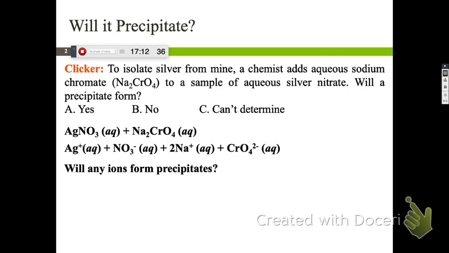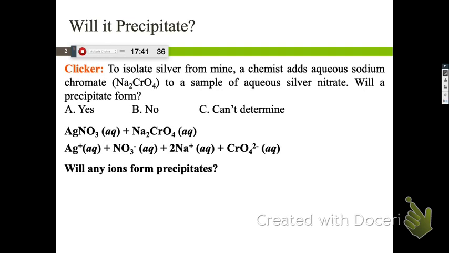Then when those two ions bump into each other, if there's a really strong attraction to each other, they're going to stop right there, and they're going to form a precipitate and fall out of solution. If they're not more strongly attracted to each other than they are attracted to the water molecules that are surrounding them, they're going to bounce off each other and keep going. That's what this table means. It's saying, if I bump into something else, am I going to stick together and fall out of solution or not? And the black squares means it's going to fall out of solution.